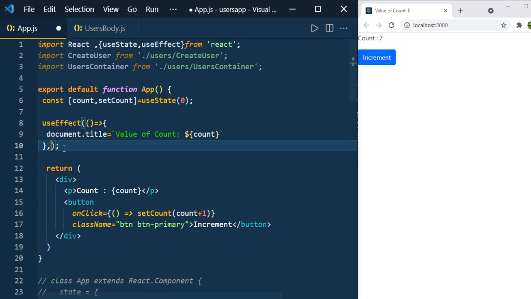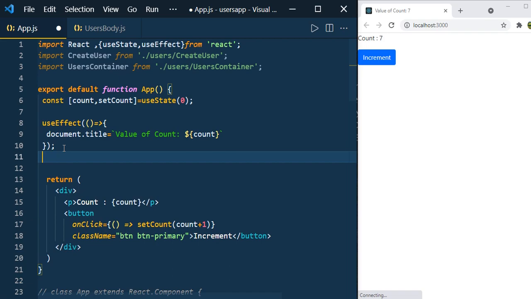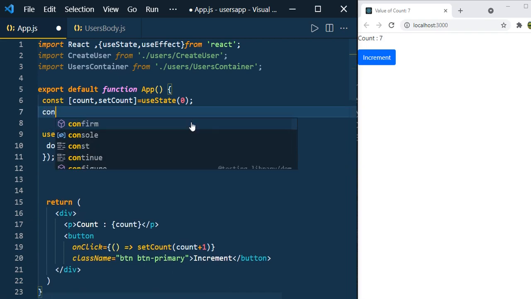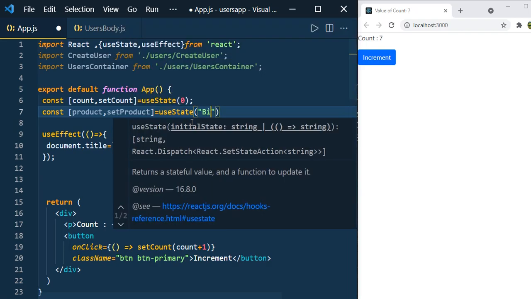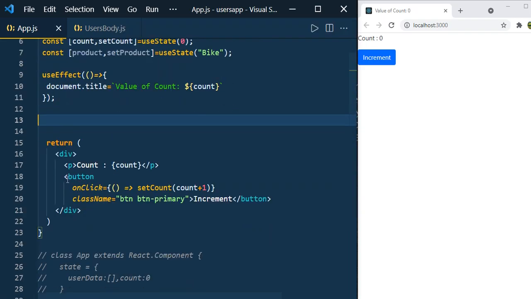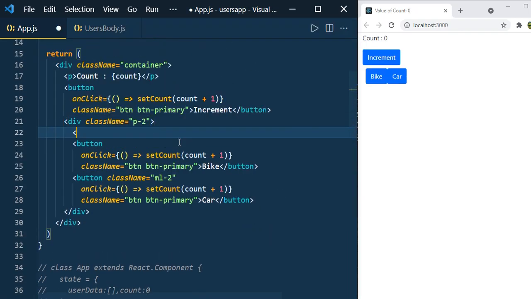Just remove this one and let us see another scenario. So I'm going to add another state, product and setProduct equal to useState of bike. I am going to add another two buttons and I am going to display here a paragraph, product name.